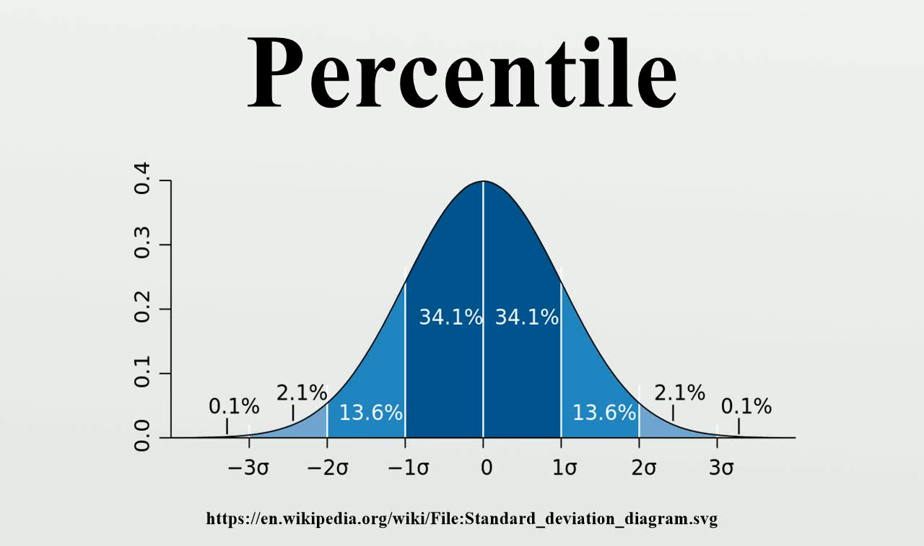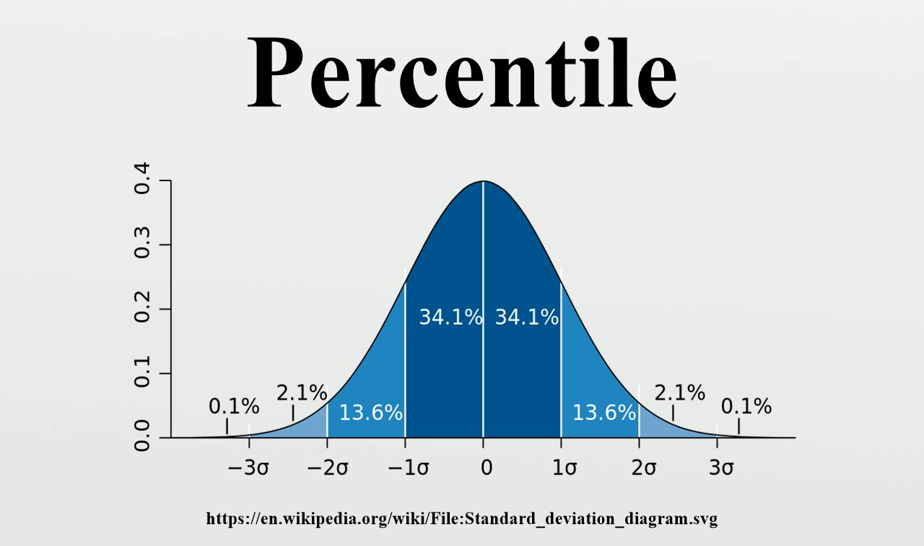A percentile is a measure used in statistics indicating the value below which a given percentage of observations in a group of observations fall. For example, the 20th percentile is the value below which 20% of the observations may be found. The term percentile and the related term percentile rank are often used in the reporting of scores from norm reference tests. For example, if a score is in the 86th percentile, it is higher than 86% of the other